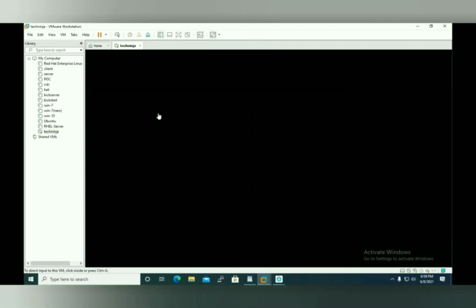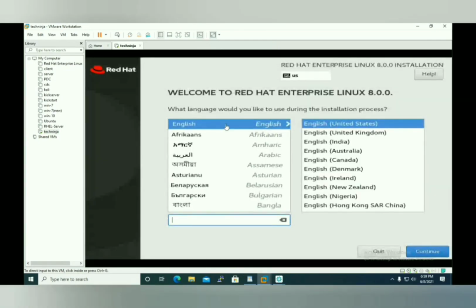So let's wait for a few seconds. Now the page has been loaded.